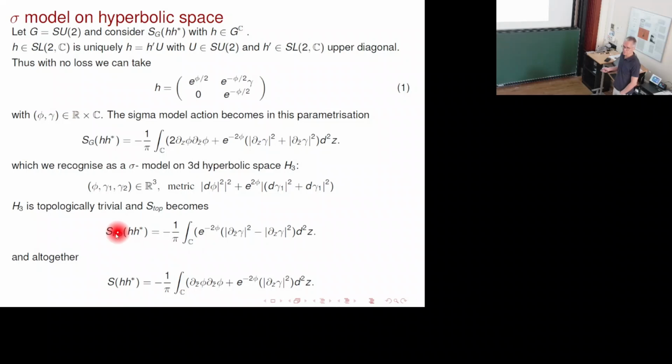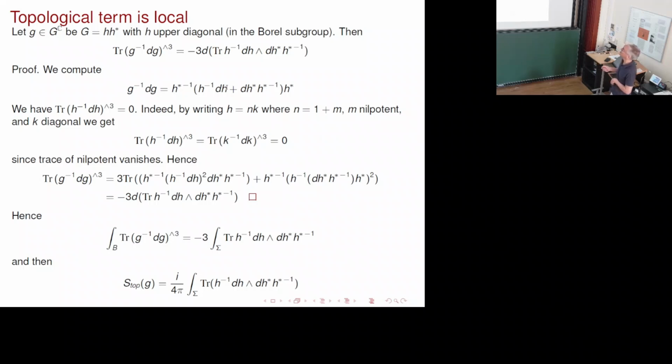No, I'm not talking about the target, I'm talking about the source. The source is 2D, right? But to write the topological term, of course, it was defined like before, but now I tell you that if you put this parameterization in, I have the proof here in general. I do it for a general group here, so we are supposed to write this when